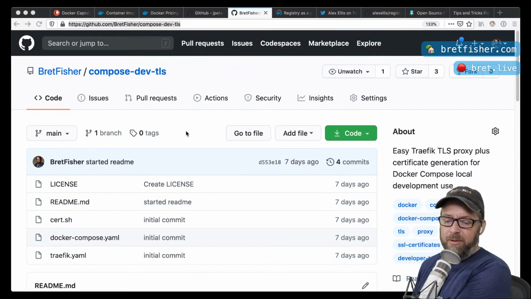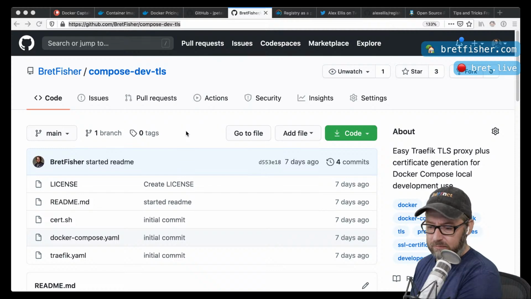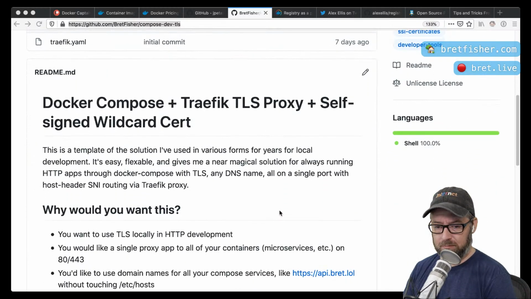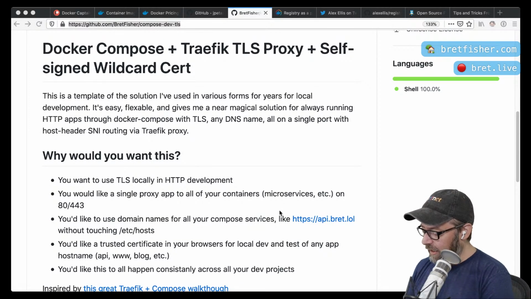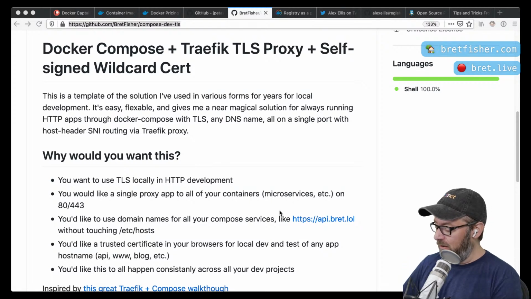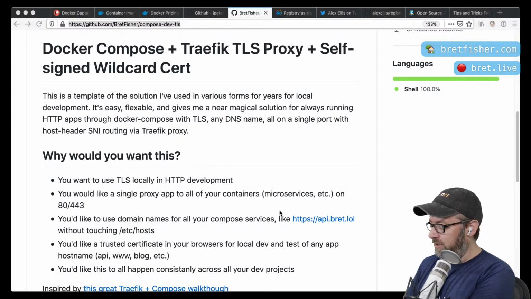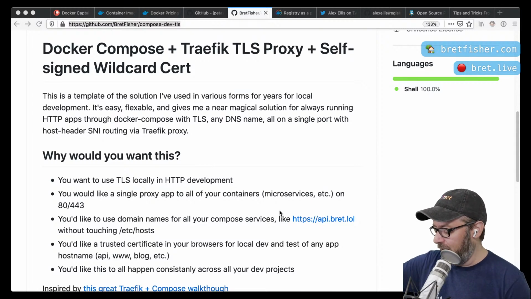The problem this is trying to solve is, you are a developer or a tester, or maybe you don't even have to be that. You just have to be someone who's using Docker to run containers that are web apps. And it does more than just web apps, but we can talk about how it might be able to do other things, like TLS or TCP stuff.